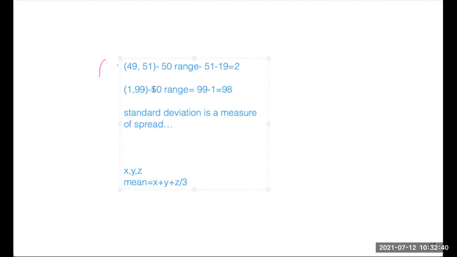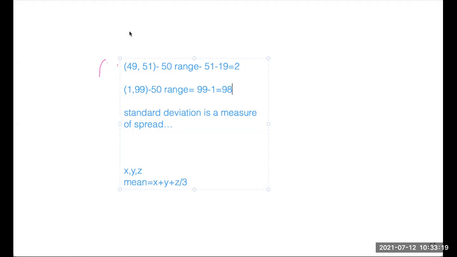No. If you are looking only at the mean value, then you can say, okay, both data are the same, no problem. The mean is the same, but it is not so. So we require the standard deviation also. A standard deviation informs about how the data is spread over the given range. So here the mean for both data is the same, but the range or spread differs a lot. Here only 2. Here it is 98.